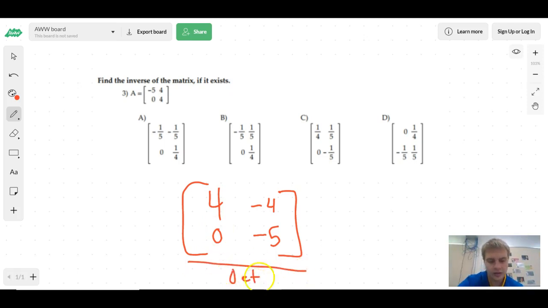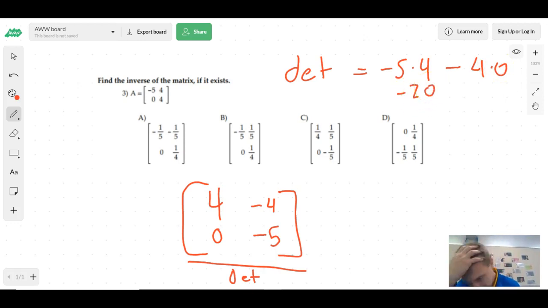So the determinant we figure out by doing these two multiplied together minus these two. So it'd be negative 5 times 4 minus 4 times 0, which would give you negative 20. So now we're going to divide all of these things by negative 20,